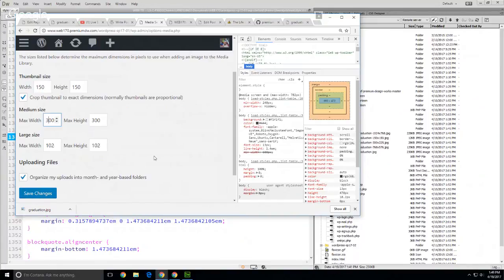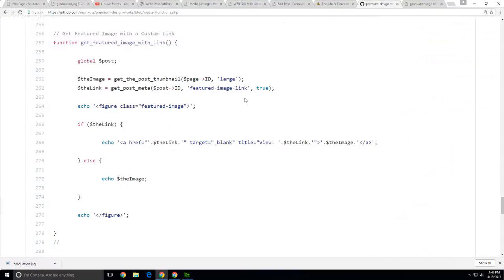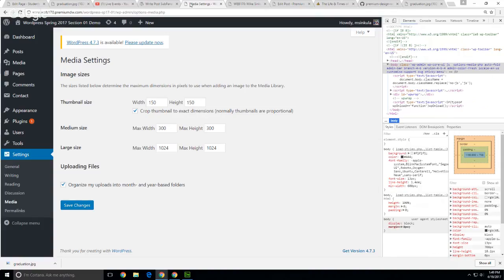Ooh, it's doing some weird stuff. It wants me to be confused. But nonetheless, it has made the 3 files from that file because we have set those sizes. And these then are the sizes where you can then, for your thumbnail featured images, get an image and say, get the large size image down the road. Again, we're going to do that down the road. But going back here,